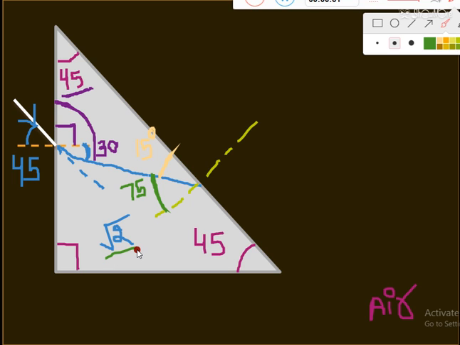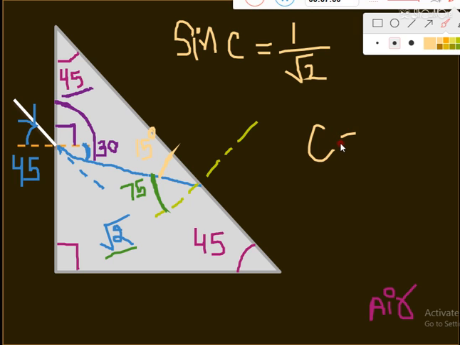Now refractive index is given for the prism. This is under root 2. I hope you know one relation between the refractive index and the critical angle. So critical angle: sin C is equal to 1 by the refractive index of the prism, that is 1 by under root 2. So students, if under root 2 is given, then the critical angle for the prism will be equal to 45.